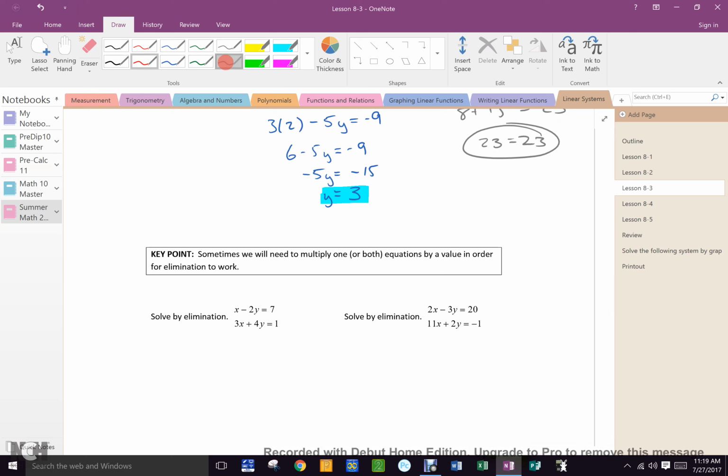I'm going to use David's, which was multiply the top one by 3 to get 3x minus 6y equals 21. 3 minus 3 is 0. What is 4 minus 6? Don't answer, Amrit. What is 4 minus 6? 10. Y. What is 1 minus 21? Negative 20. What does y equal? Negative 2. Is there anybody that doesn't see how we did that?